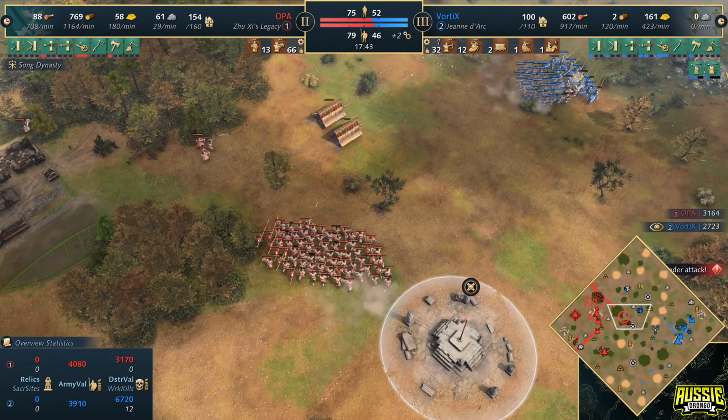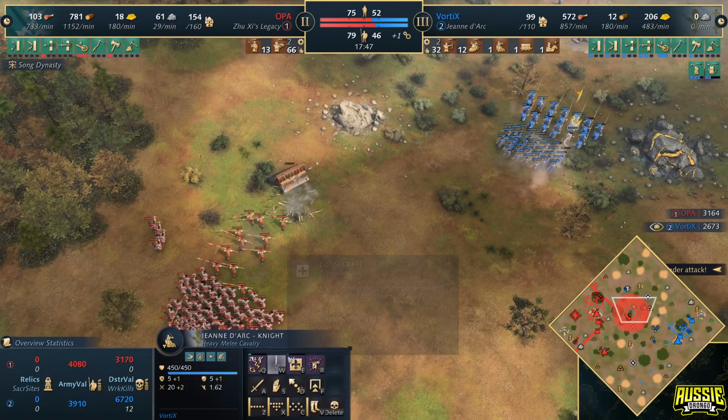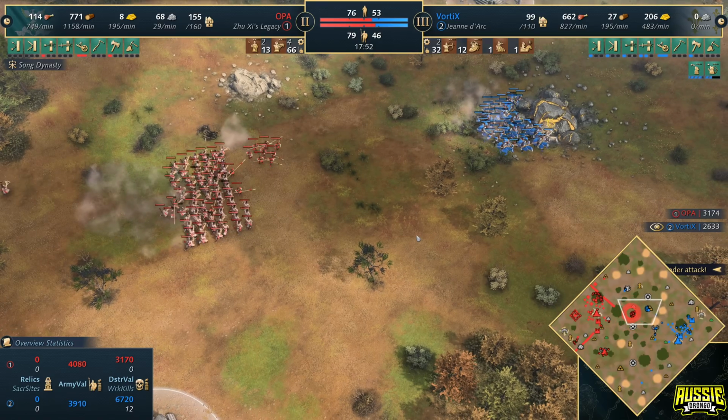But now, beginning to force back the battering rams. It looks like you'll be able to clean them up. A little bit of a heal goes back here for Jeanne. Keep in mind, that's a pretty decent cooldown, 120 seconds. Both of the battering rams do go down and Opa now making...